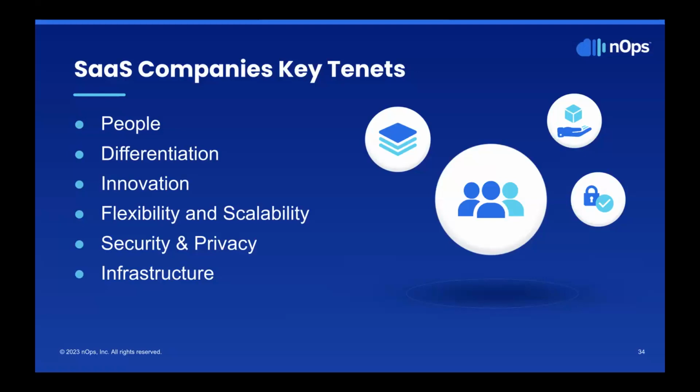The second thing is differentiation, because unlike traditional software, SaaS companies need to come out with a clear-cut differentiation as to how they will be different from their peers, and which could be anything: the way they are offering their solution, the pricing model, the geography, the experience. It's multiple things. Another important aspect is that SaaS companies need to innovate continuously, because